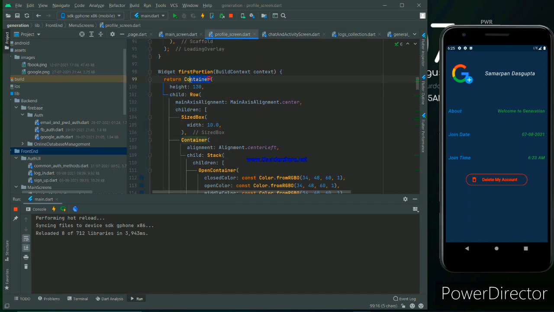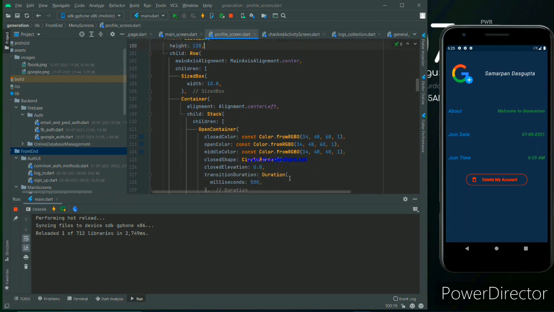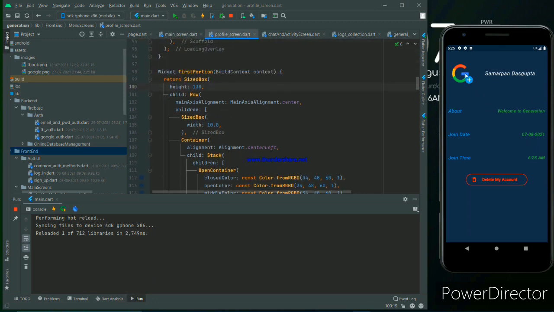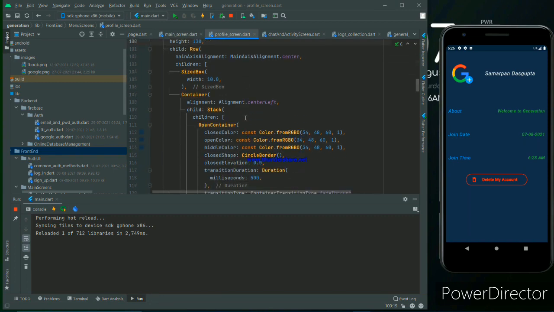So as we use only height, we can change it to a size box as well, because we use only height, there's no need to use the container. So size box, we made our size box of 130. And we made a row, because you can see that the Google logo with that plus icon, and that username is in a row. And we made it center because it is for orientation purposes. If you manually write the code, that will be totally clear to you.